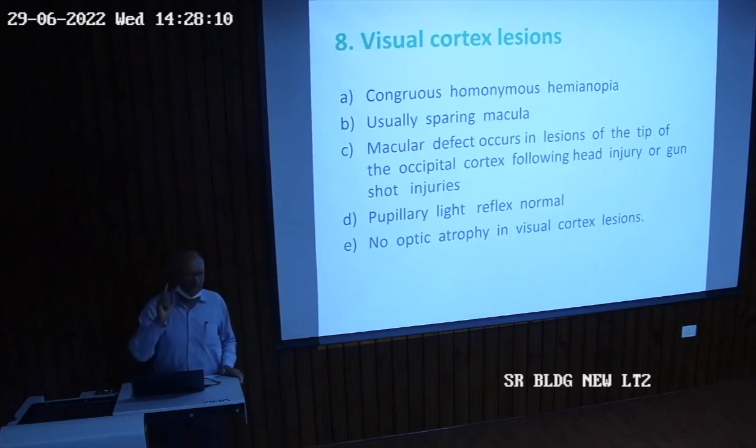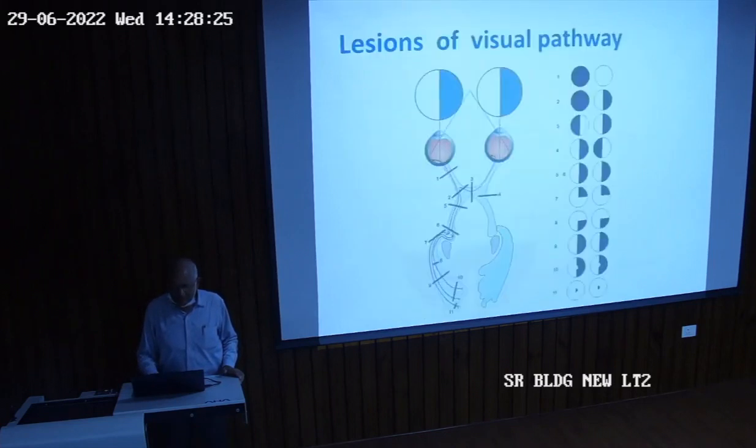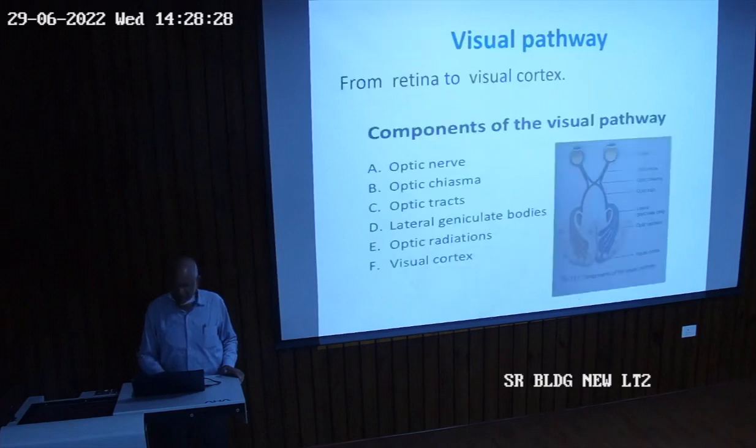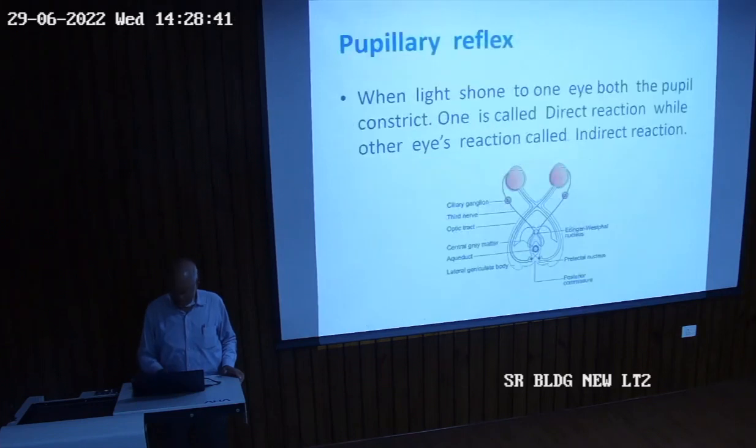Additionally, if there is a visual cortex level lesion, why will there be no optic atrophy? Because I'll tell you this again with the diagram. Here, these are the fibers that are going. See these visual pupillary fibers. They are going through the optic